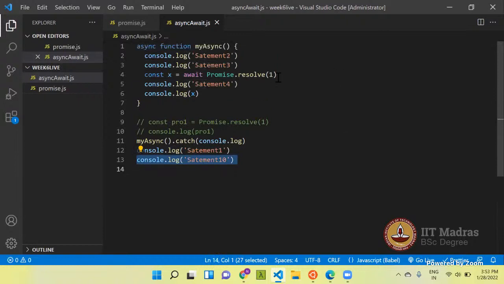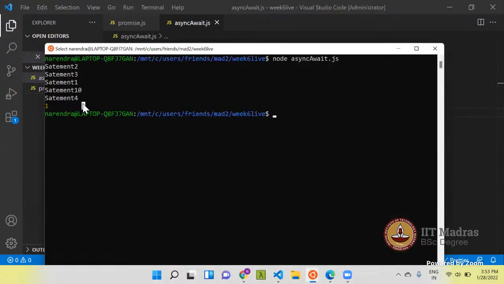After that the control goes to statement 4, and then the value of x is actually 1, because this statement stores the value with which this promise gets resolved. So this promise gets resolved with 1, so 1 will be printed. You can see this is the order in which these statements are being printed.